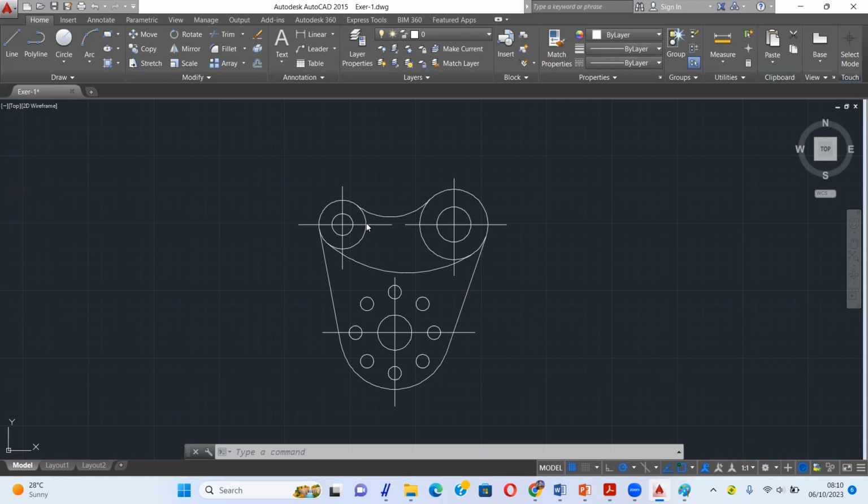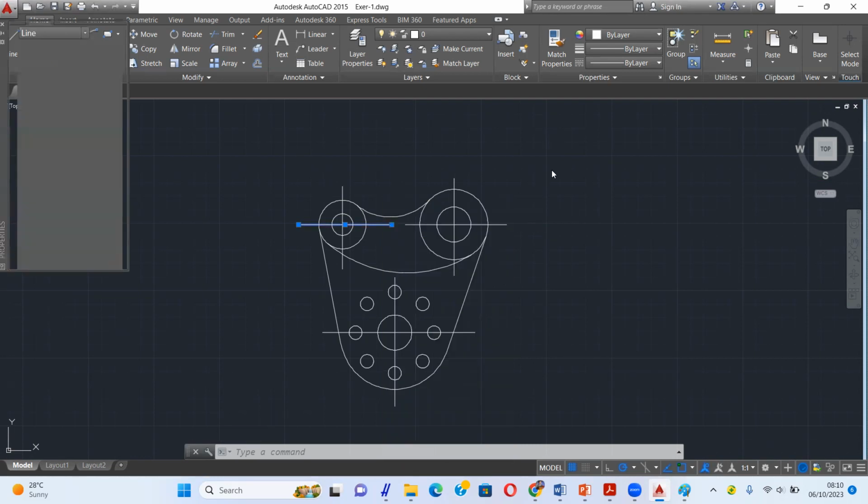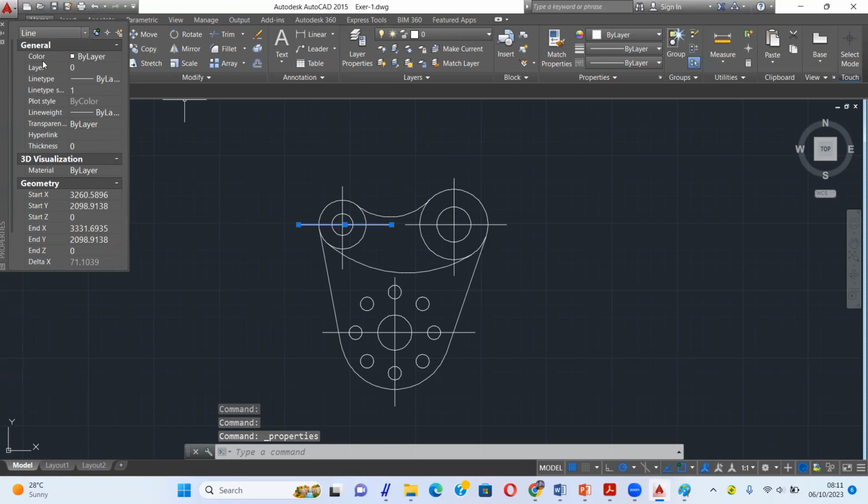Okay, to change this line into a center line, at first you can click this. For example, this line, you can right click and then properties. So you can see a new window appear here, and find the line type. Line type, you can click. If there is no center line here, you can add a center line from this one.